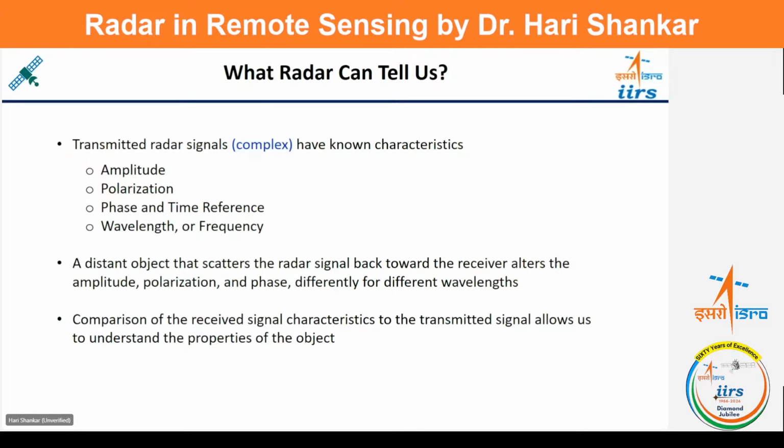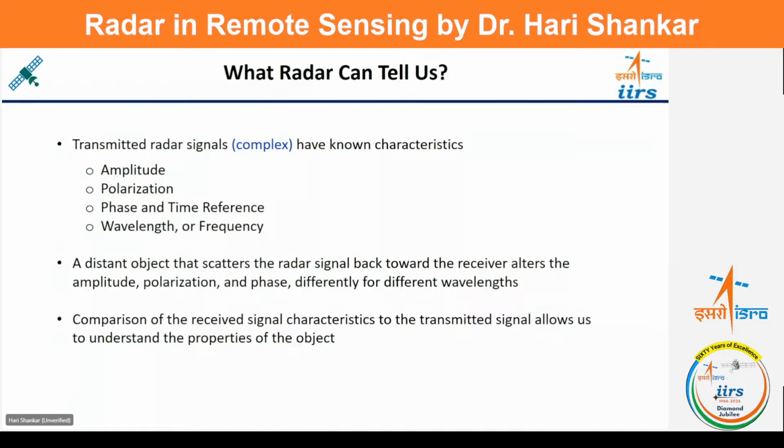Because of those processes, certain changes can happen in these four characteristics of the SAR signals. In the reverse way, if we know this particular process can affect this much phase, or this much wavelength, polarization or amplitude,